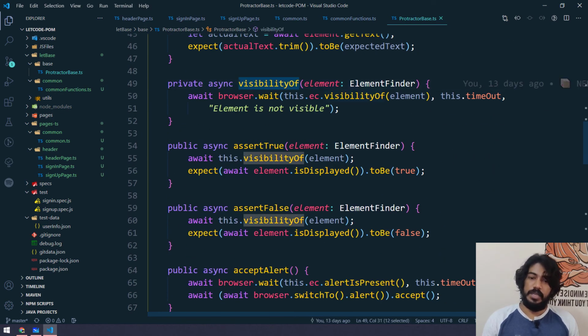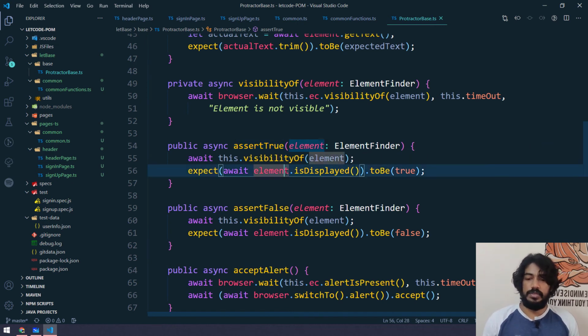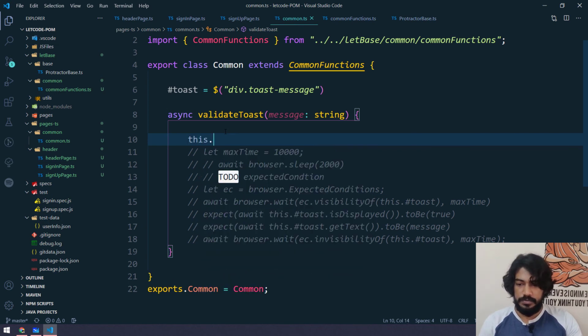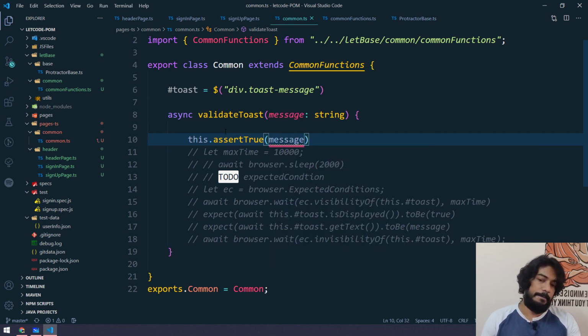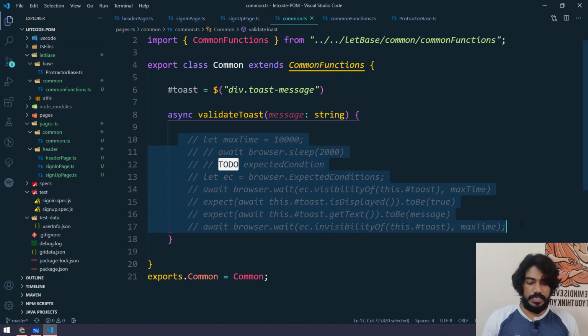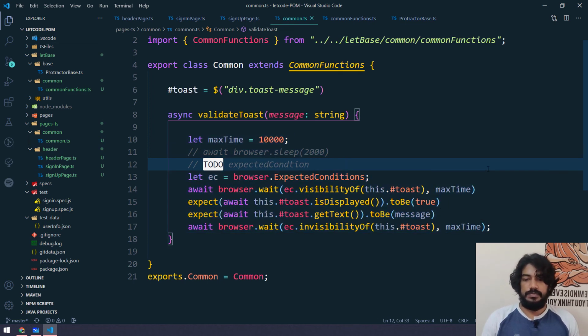Okay, we have this visibility of, and also we are using this visibility of within this assert true as well. So it is going to wait for the element, and then it is going to do the assert as well, right? So what I can do is probably I can say this dot assert true, and within that I can pass this message as well, right? Not this message actually. Okay, so we don't have that function. Probably we'll write that some other time. As of now, I'm just going to leave this as it is, right? So